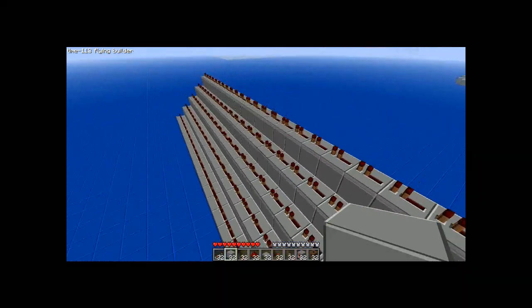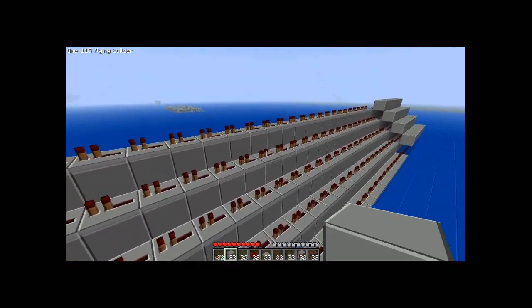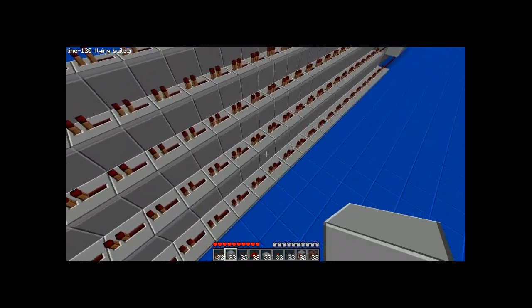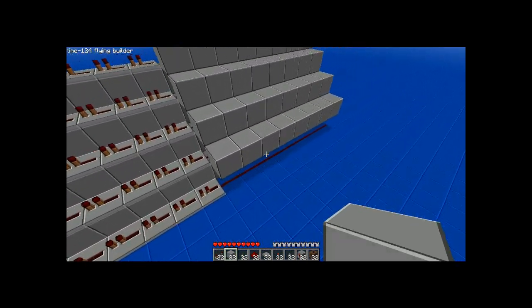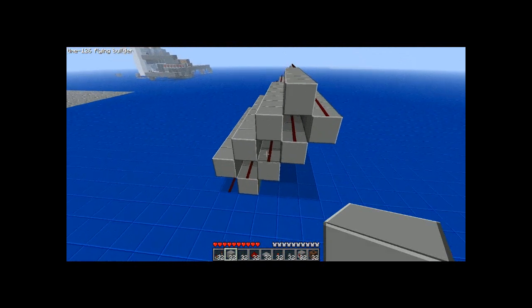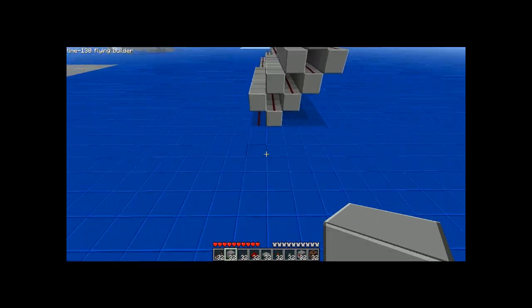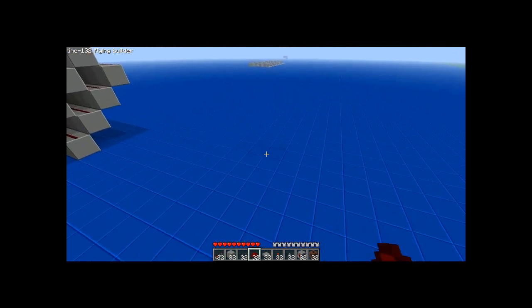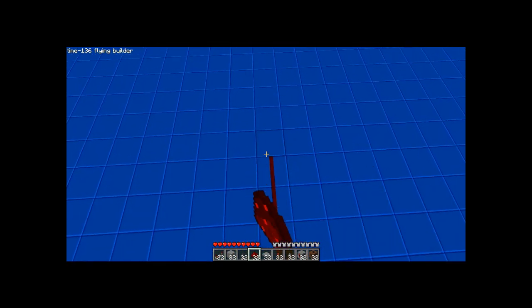This is, I won't tell you how to make this, it's just 5 rows of repeaters like that. You can make it as long as you want, really, I guess. And then just have this coming out. That's not difficult. But anyways, I'll just begin by showing you how to make the letter A, which